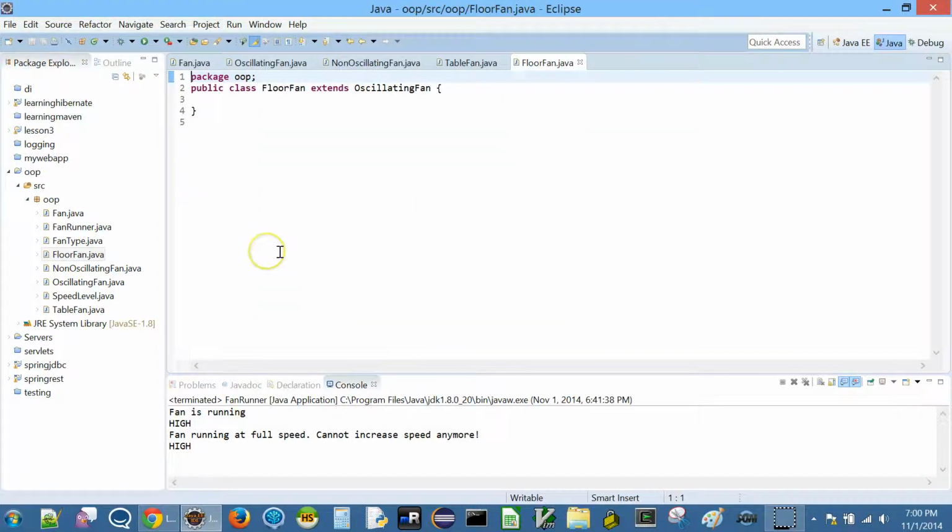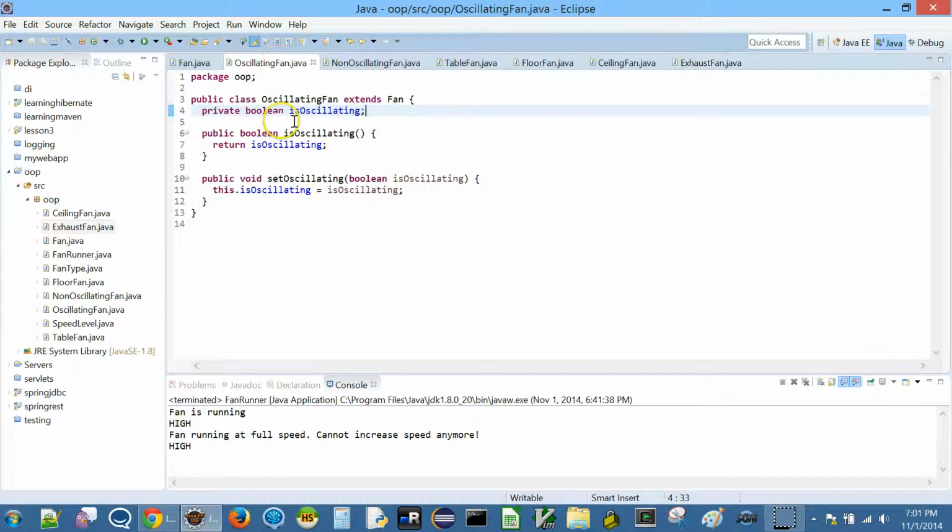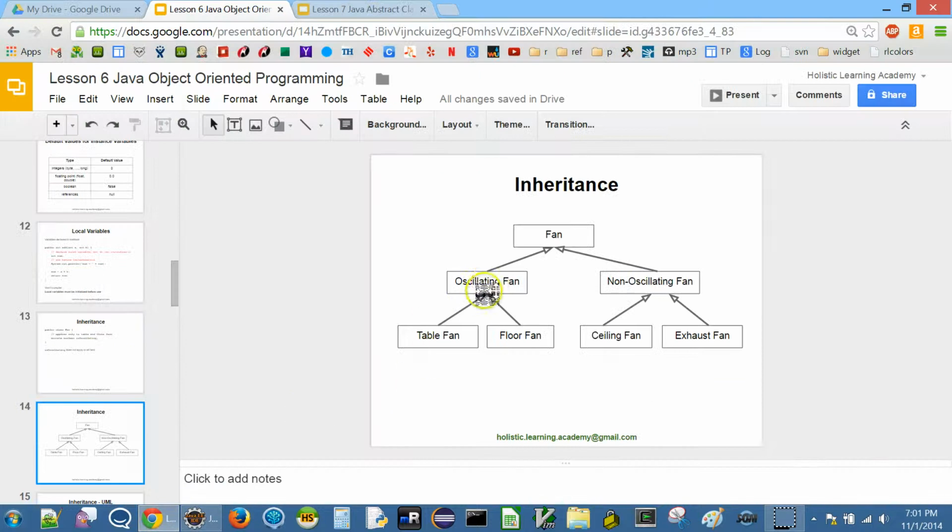So similarly, we can do the other two classes which extend the non-oscillating fan. So now I got ceiling fan, which extends non-oscillating fan, and exhaust fan extends non-oscillating fan again. So all these four different concrete classes. See, oscillating fan just provided an extra field and then it is sitting here nicely for the object hierarchy, right?